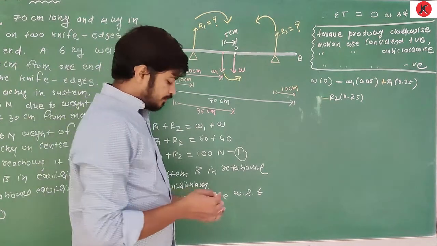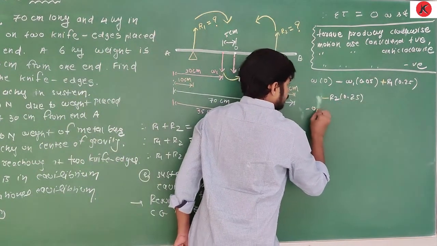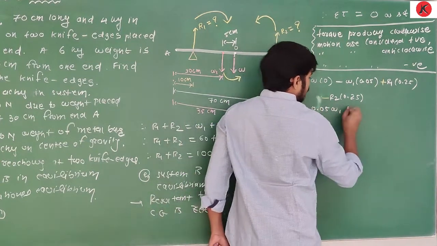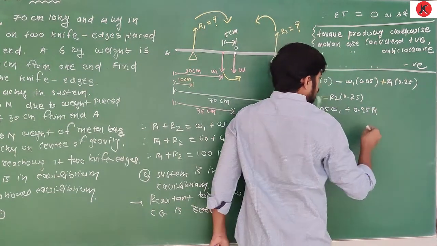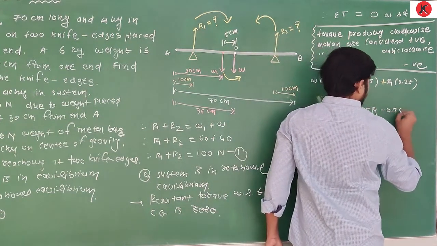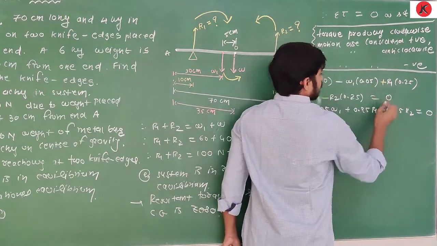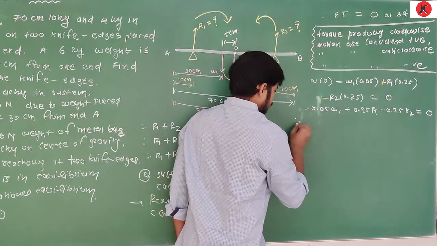See, here it is. Minus 0.05 W1 plus 0.25 R1 minus 0.25 R2 is equal to 0. Yes, it is equal to 0. Okay, so therefore,